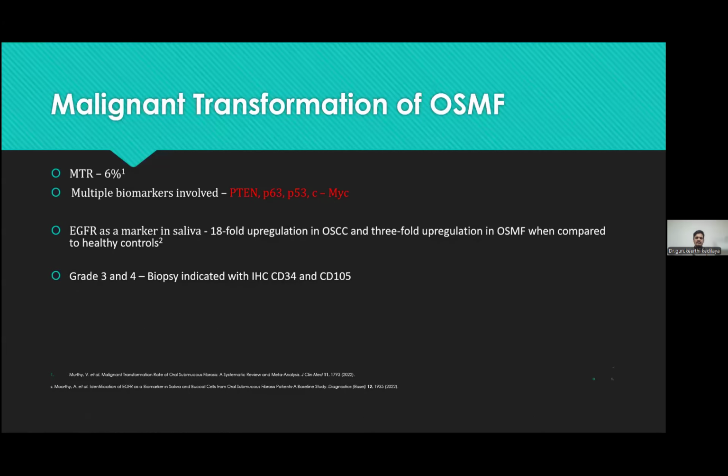Coming to the malignant transformation rate of oral submucous fibrosis, it is almost up to 6%. It can go up to 15%, as reported. Multiple biomarkers, like P16, P63, P53, and c-MYC, can be elevated during the malignant transformation of submucous fibrosis. As we know, EGFR is an important marker in saliva. These have shown that